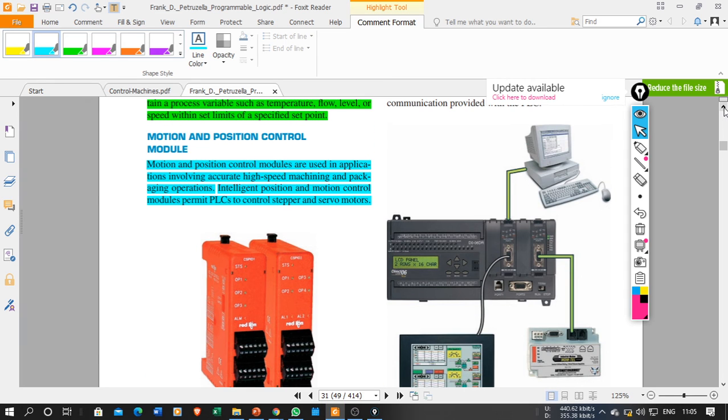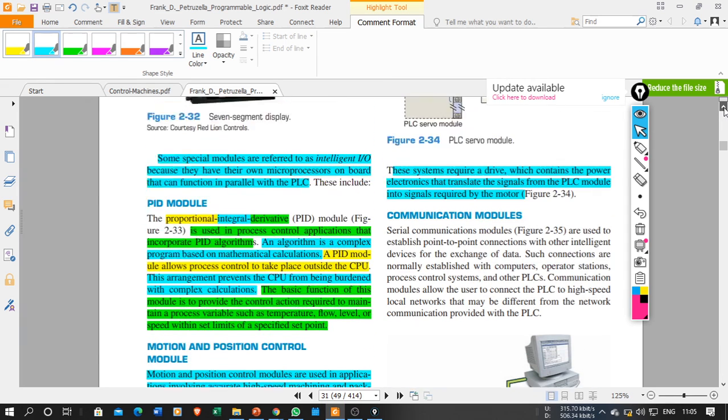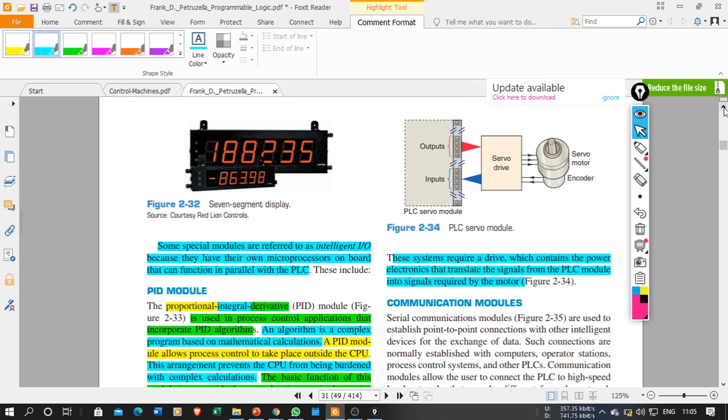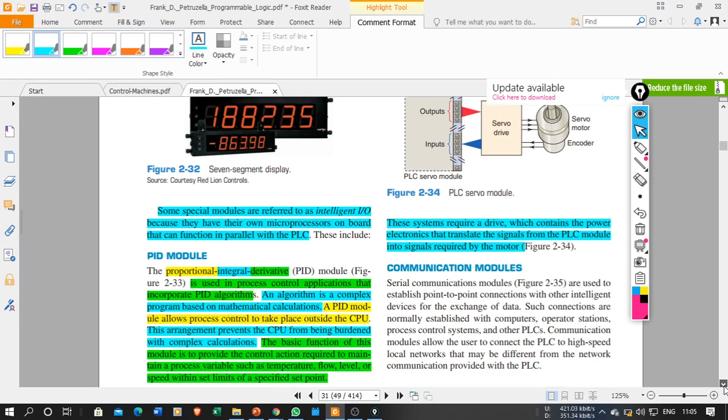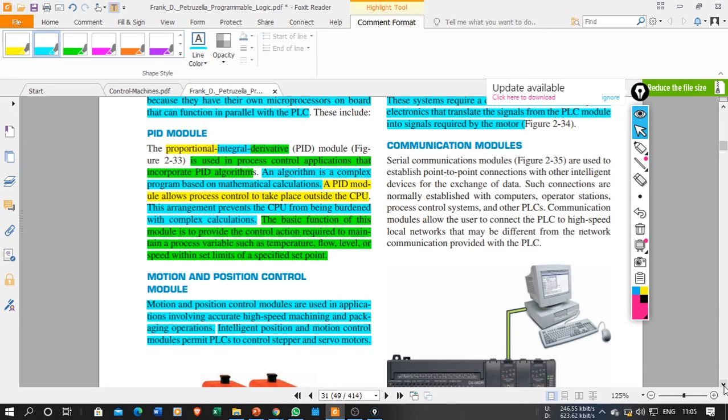Just like the stepper motor works on steps, how many step signals are provided per second or per minute, based on that the motor will make movement. In the case of a servo motor, the signal is the error signal. What is the difference between the actual output and the desired output? Based on that error signal, the servo motor will make the transition. One example is the servo voltage stabilizer, which will maintain the output voltage constant irrespective of the input voltage.